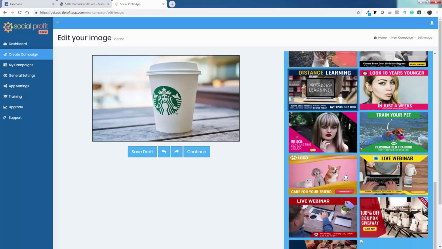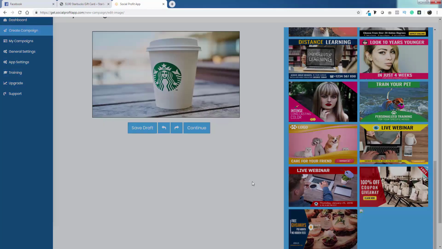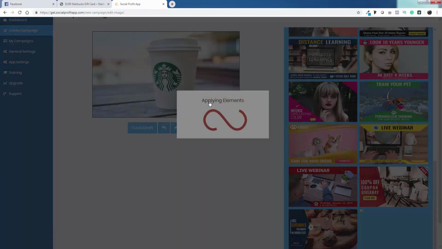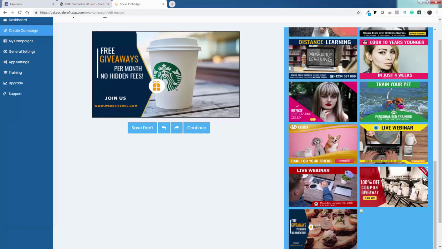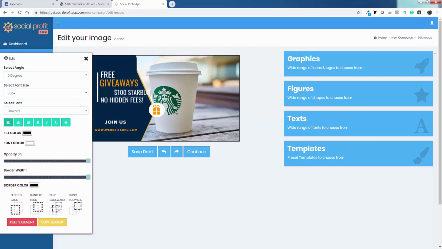You can select your desired one from these 100 inbuilt templates we are providing along with our software. Once I click on it, the template is applied on my selected image. Now you can easily edit this default template, like you can change the text, colors or other elements, etc.